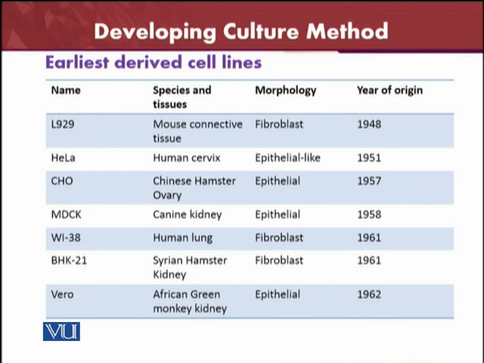So from here you can see the cell lines have been developed from a large number of animals and even from human beings. We can develop cell lines from the mouse, Chinese hamsters, canines, and at the same time we have developed them from human beings: from the human cervix, which is the HeLa cell line, and the human lung, which is the WI38 cell line. So cell lines have been developed from a large number of animals, and to culture the viruses